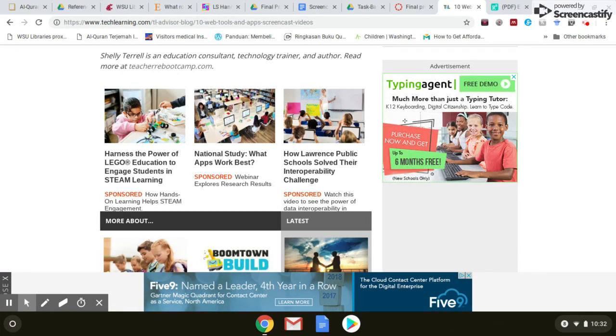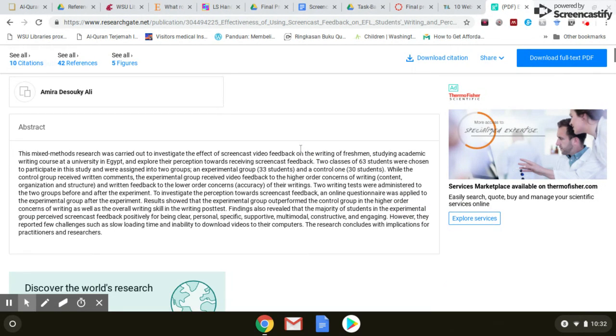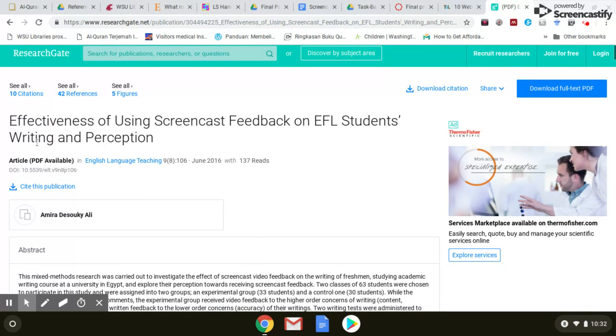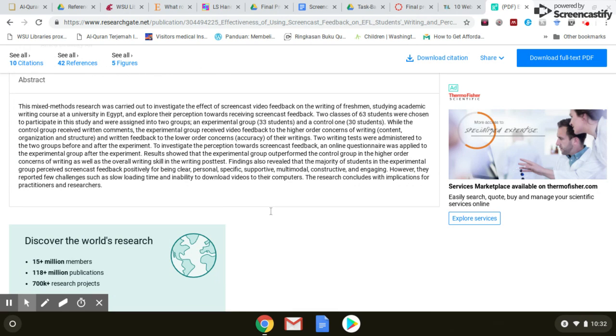screencasting has been studied quite extensively, and most of the articles mention that it gives positive feedback or results to students. So, for example, there's this article here, entitled "The Effectiveness of Using Screencast Feedback on EFL Students' Writing and Perception." And if you can see the abstract here, it says that